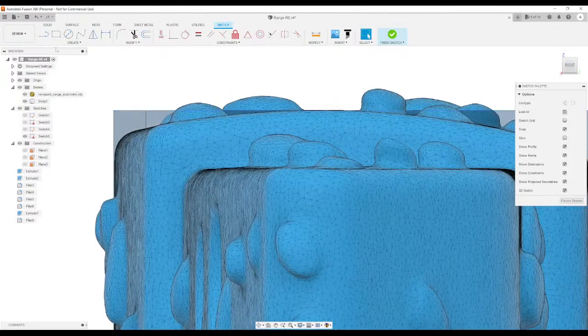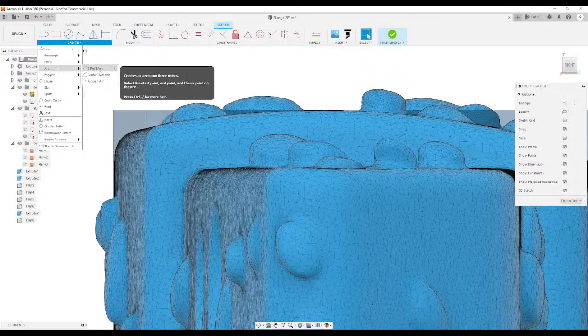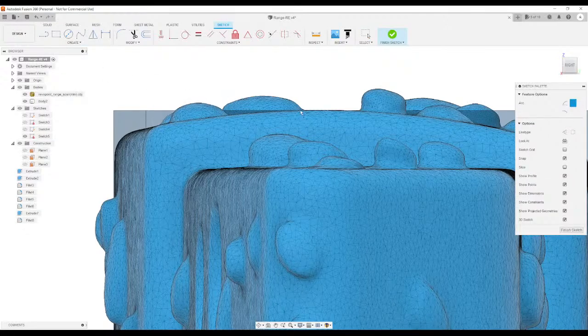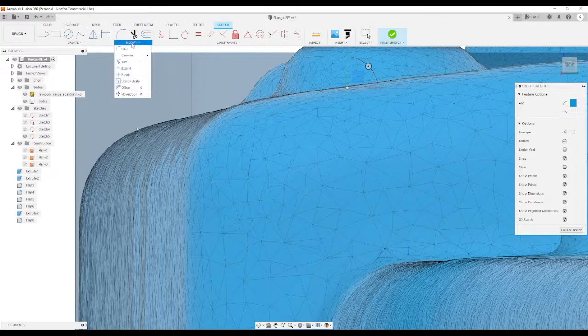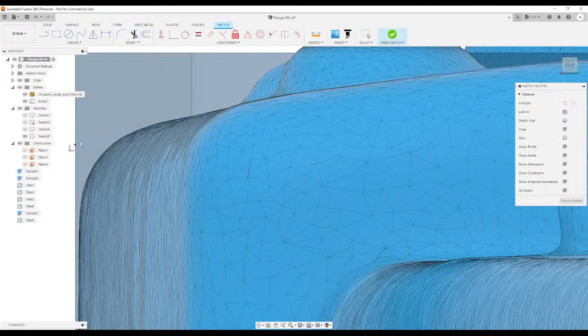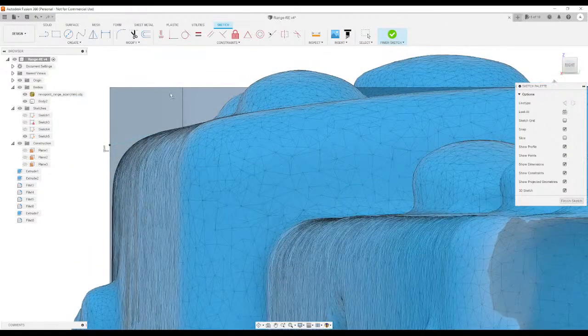So what I'll do here is I'll just create an arc with a 3-point arc, and my arc starts around here, goes into there somewhere, maybe here, and has an arc like that. And just because we have to close this to be able to use it, I will just go to modify and extend this line until it hits the other one. So escape. With this we already have a face to cut,